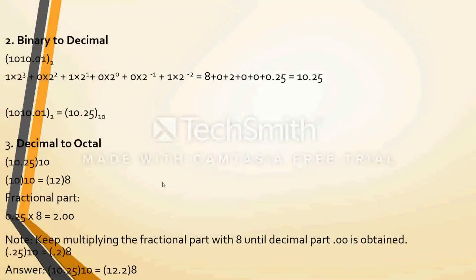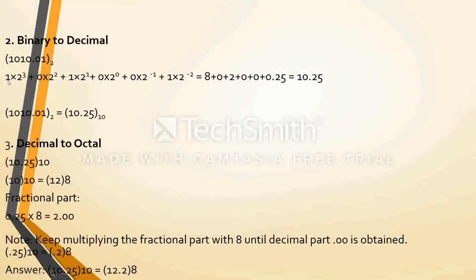Moving on to the next example, let us see the same example I have taken. This is the given binary number, how to convert it to decimal. We will begin with the MSB. The weightage is assigned to each bit. So this is our LSB and this is our MSB. LSB is assigned the weight 2 to the power 0, then 2 to the power 1, 2 to the power 2 and the MSB gets 2 to the power 3.